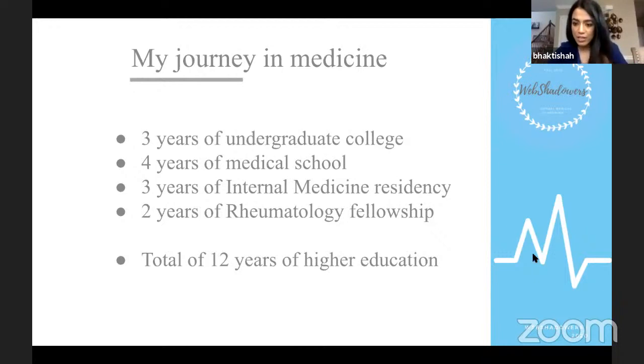And do the clubs that you were in, did they relate to medicine or science? Some of them, but not all of them. In college and in medical school, I was really big on student government. In college, I was part of what we called our student senate, and I partook in these weekly meetings. It was basically student government. I was part of the South Asian Student Association in my undergrad. I did a lot of volunteer work. I was an EMT in my undergrad years.